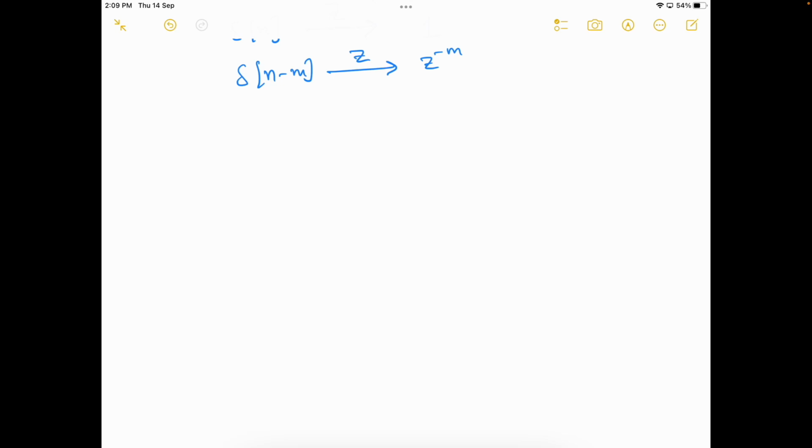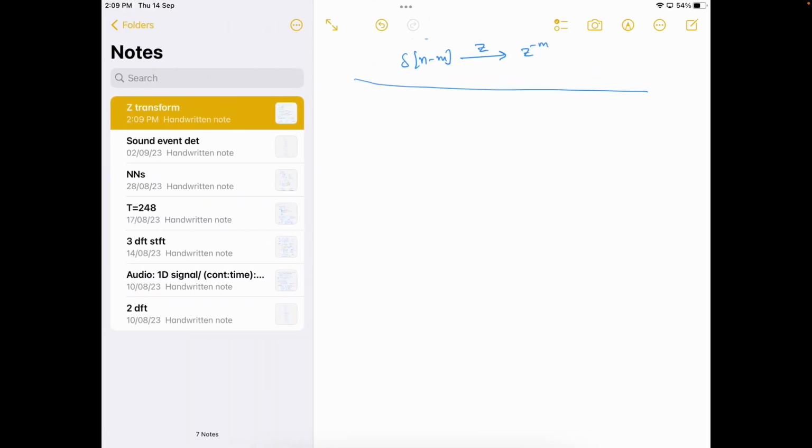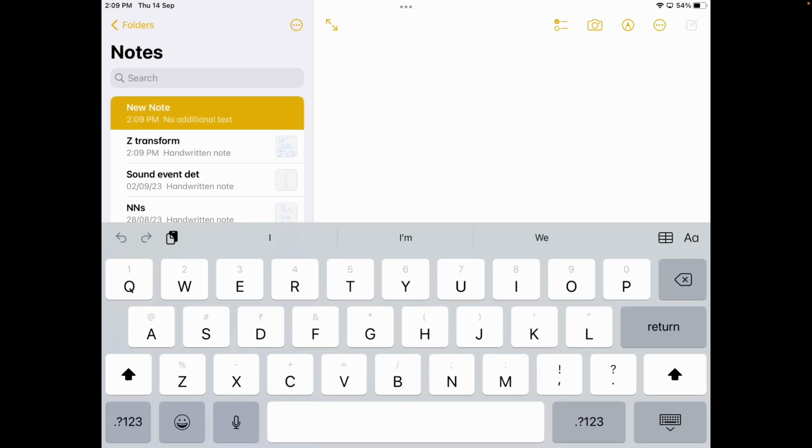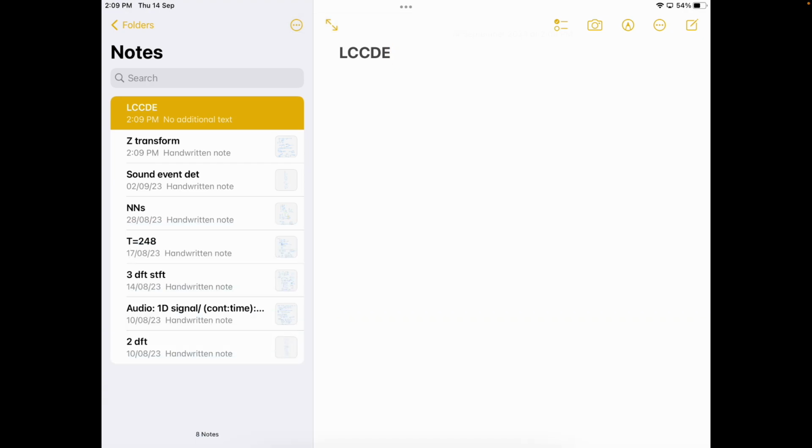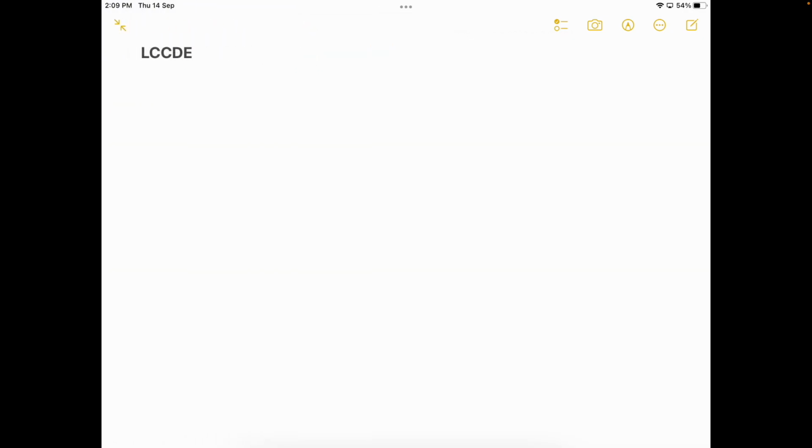Now we are going to discuss the practical utility of these concepts. Let me open a new page. Okay, now we are going to discuss linear constant coefficient difference equations. So what are these? Let's say, okay,